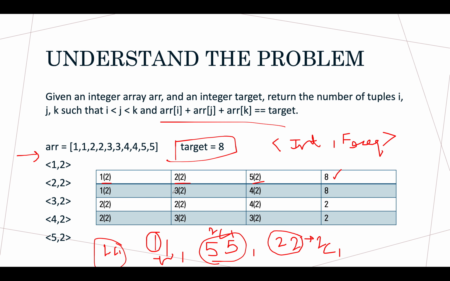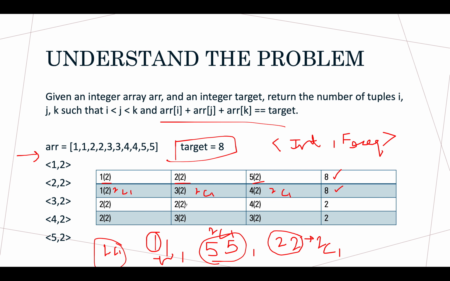Let's talk about the second case. We have 1, 3 and 4. Their sum also gives us 8. And the possibility again would be 2c1. So you can select either one out of these two 1s, either one of these two 3s, so again 2c1, then again 2c1, either one of these two 4s, and the total number of ways becomes 8.